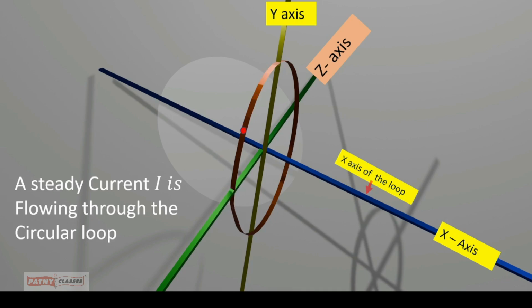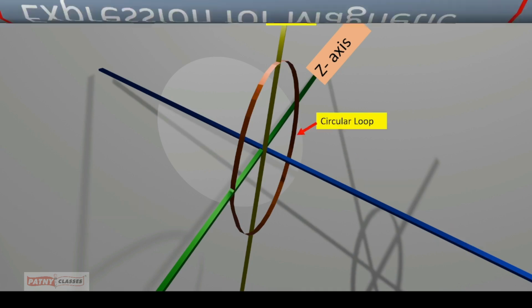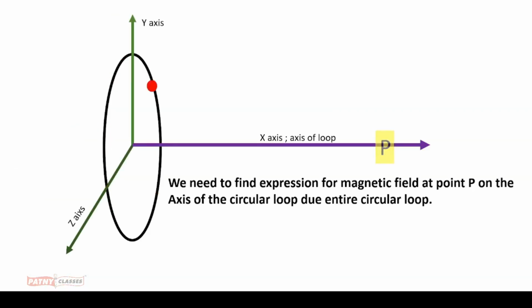When the current is flowing through the loop, the magnetic field is produced. Today we are going to obtain an expression for the magnetic field at a point on the axis of the loop. When the steady current is flowing through the circular loop, the magnetic field is produced. We need to find the expression for the magnetic field at point P on the axis of the circular loop due to